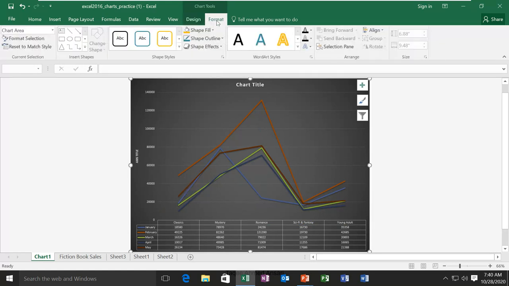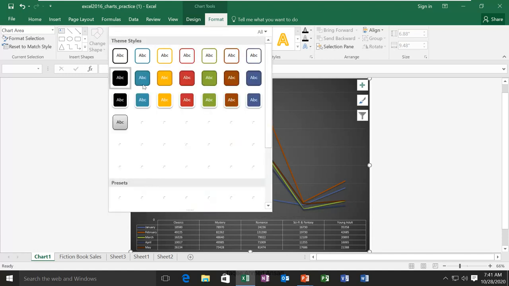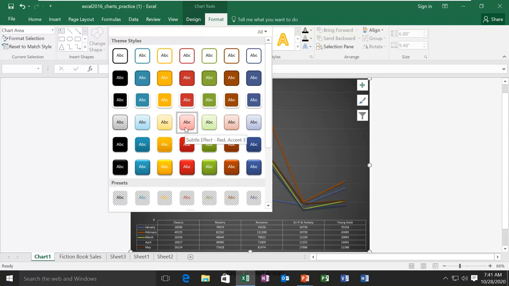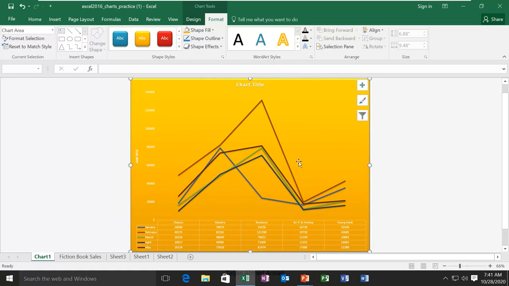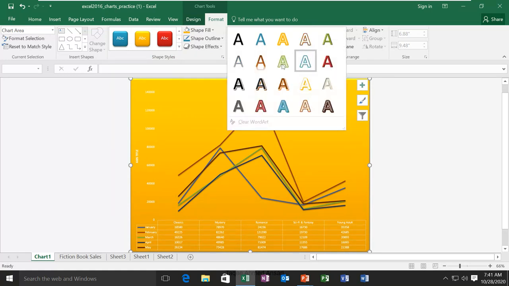Then in the format tab, you have all these commands which are used to format the shape, because these lines are actually what? Shape. These lines are shapes. This one is a shape. Your whole chart is a shape. So you can design your shape, like you can change the design of your chart, because it is actually a shape. I changed it. Even you can change the text style, all the text you have here,